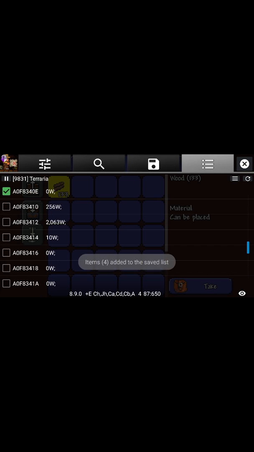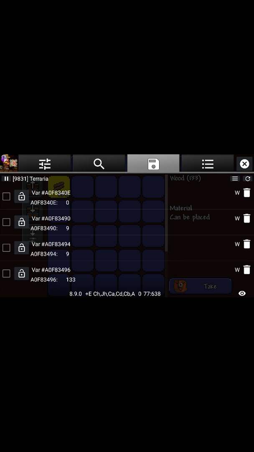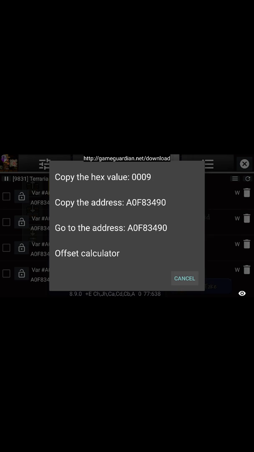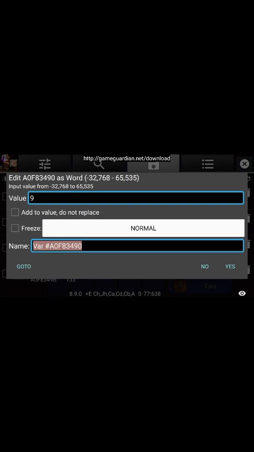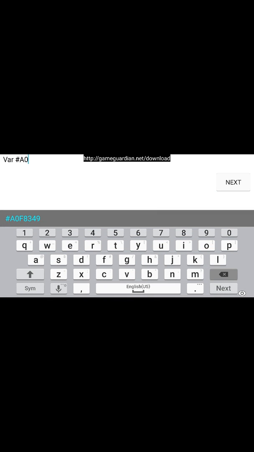And then we want to save the selected values. And we want to save them as a word. And then we want to go over to our saved value list. And we have these 4 values here. You can rename the value. Simply change this to